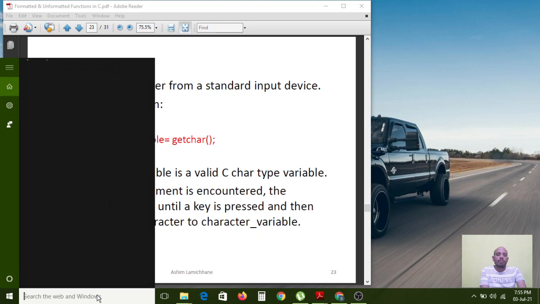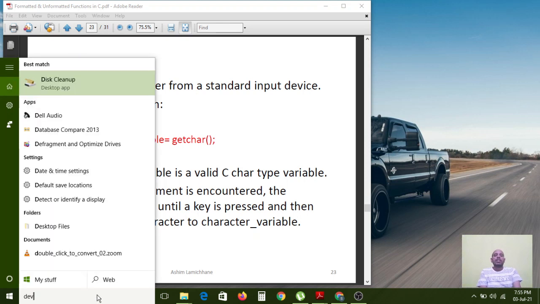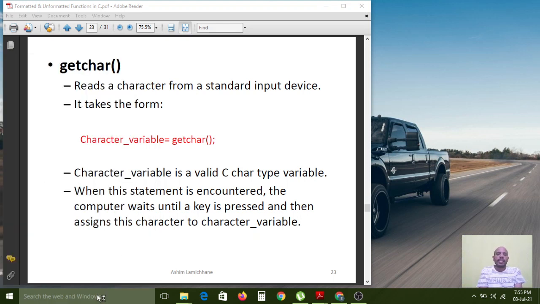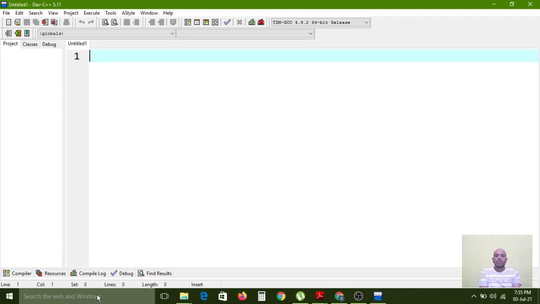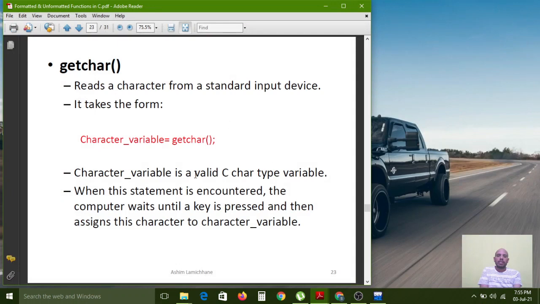Now I want to open a Dev C++ window. In the practical way, you will get an awareness of these unformatted functions. First, we have to complete the first 3 points. This is the syntax.